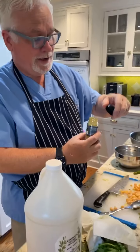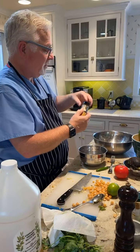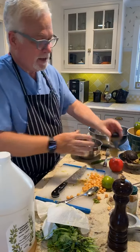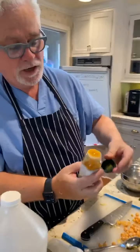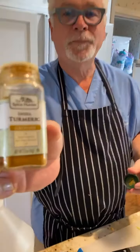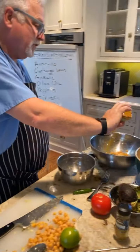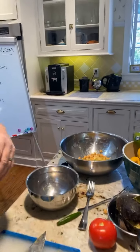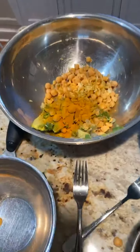Why curry powder? It contains a magical ingredient called turmeric, which we love. It's anti-inflammatory. So because I like it so much, I'll just put it in directly. Just a few little shakes. Just makes it that much more delicious. But what always makes things good